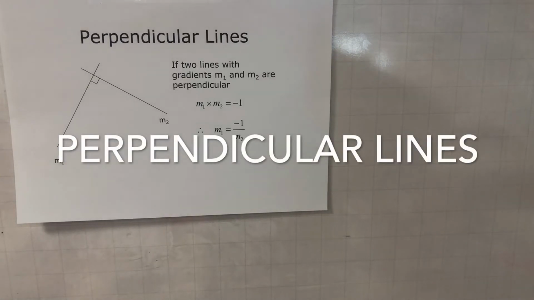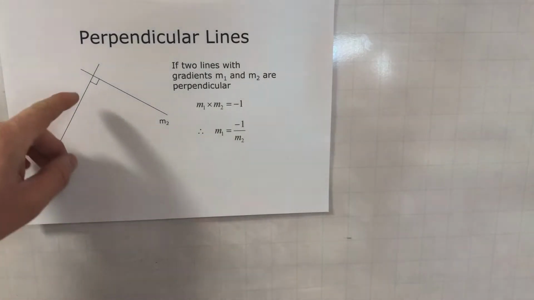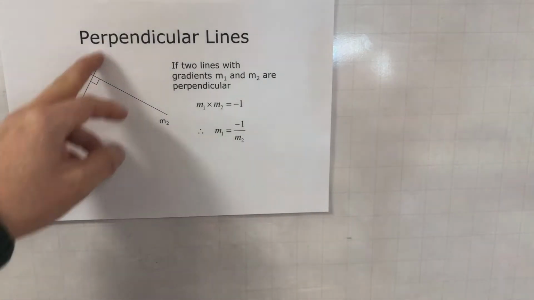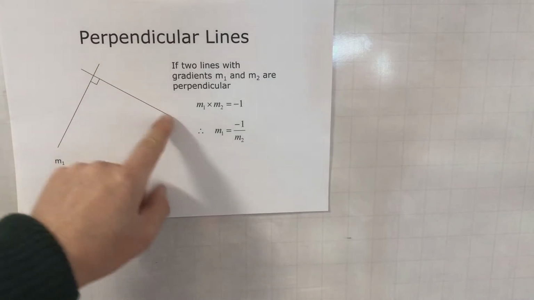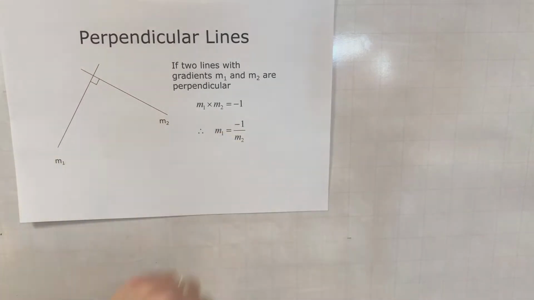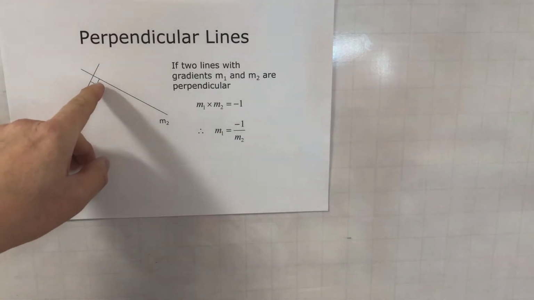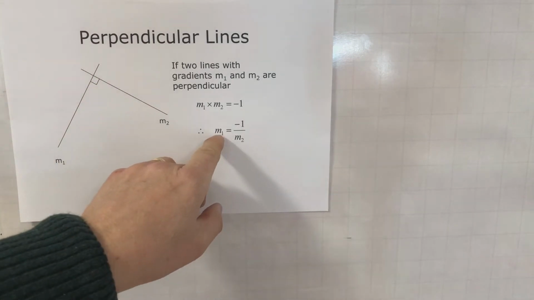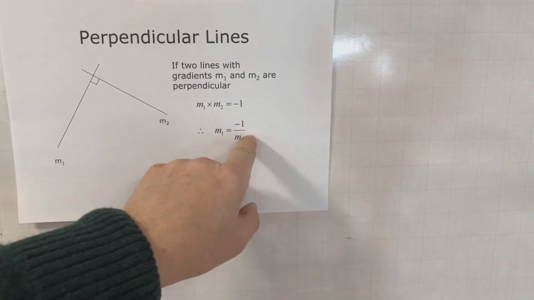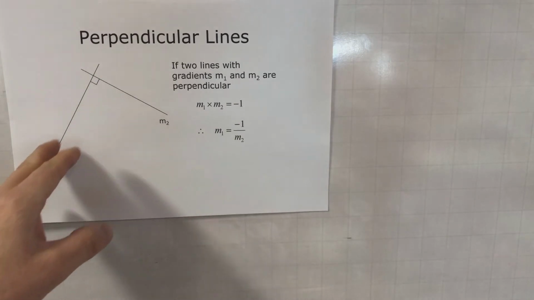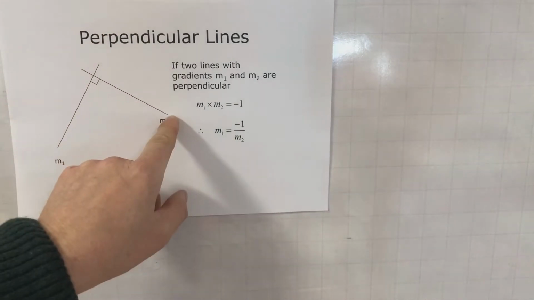Now this lesson looks at perpendicular lines, revision of GCSE again. What we have is we know that if we have one gradient which is positive, the other gradient will be negative, and vice versa. And we know if they're perpendicular to one another, one of the gradients will be the reciprocal of the other. So if that was a gradient of 2, that will have a gradient of a half, but it'll be minus